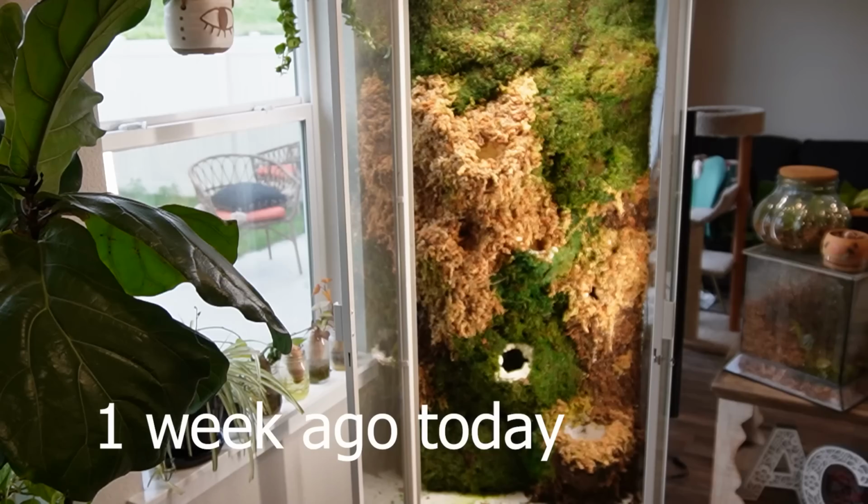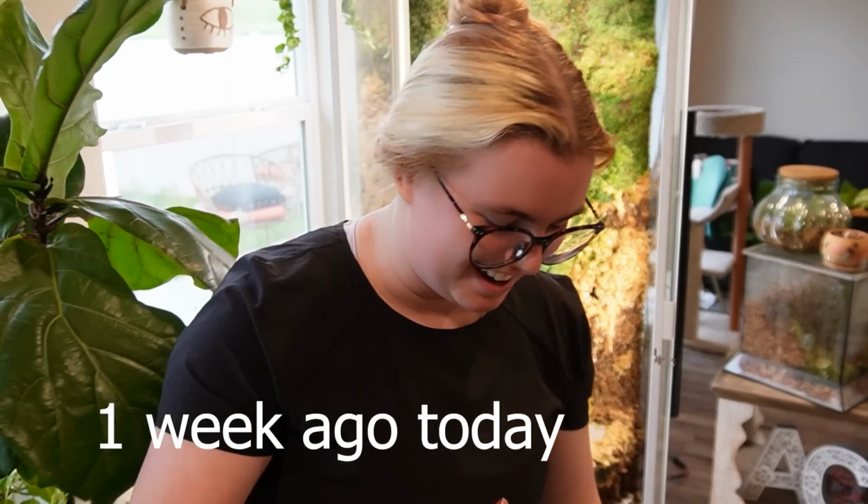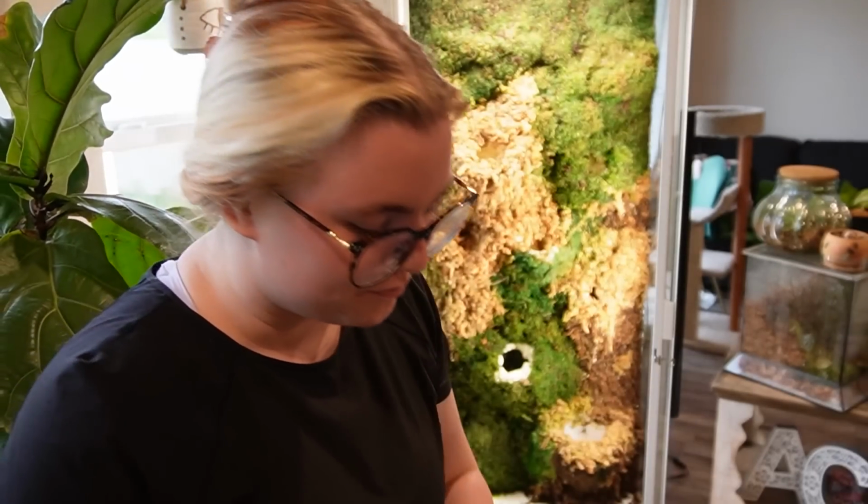I also didn't know if at the time I was going to unplant my paludarium. Remember, paludarium right now is an empty moss wall. It's literally just empty, and I will give you a full show of everything when we're done, because I'm sure you're probably like, why did you put that there? Where's your other stuff? Ashley, what is going on? Okay, we use a lot more sheet moss than I thought we did, but that's okay. I have 4 left, so